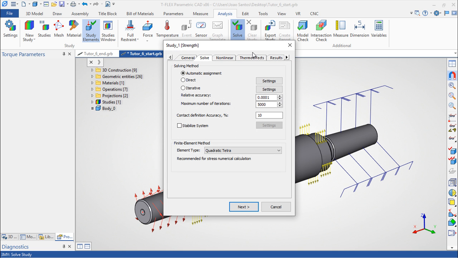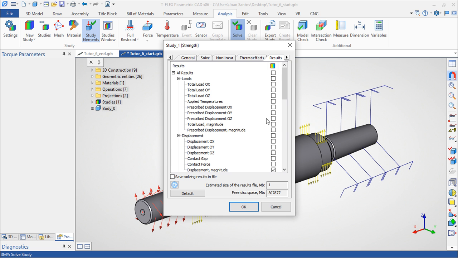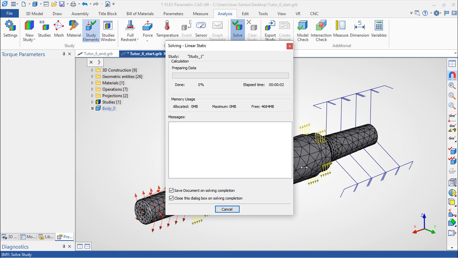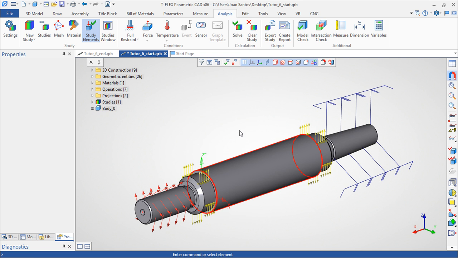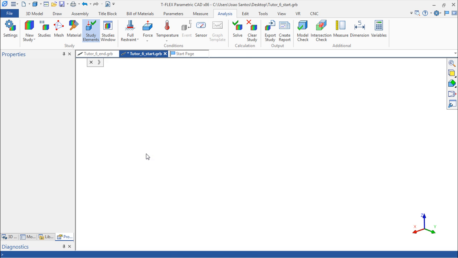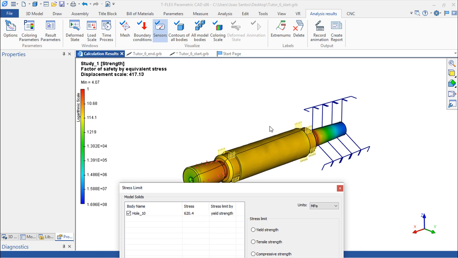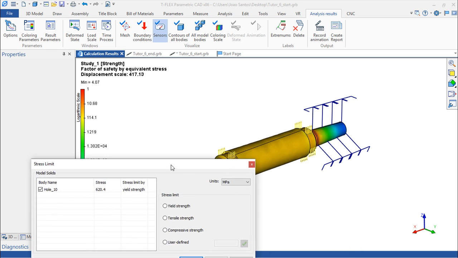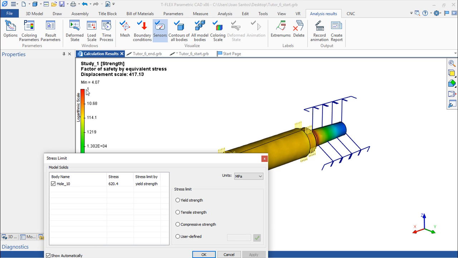solve. I want to solve this, so I can choose different parameters here. In terms of results, I could put all the results. I don't want that, so I want to check in particular this factor of safety by equivalent stress. Okay, and let's execute the calculation, and we should have a couple of results. So two results. The one I'm particularly interested in is this one,